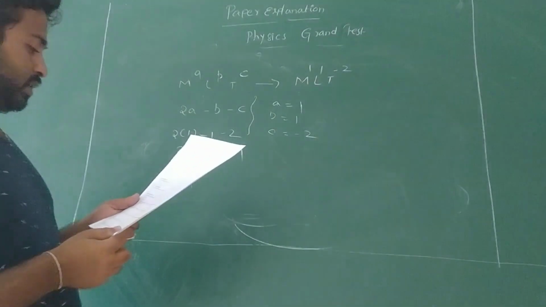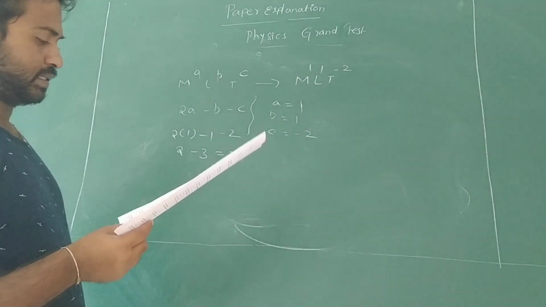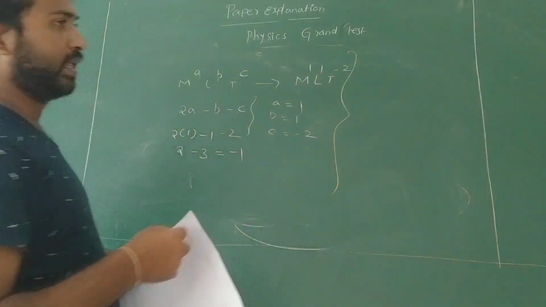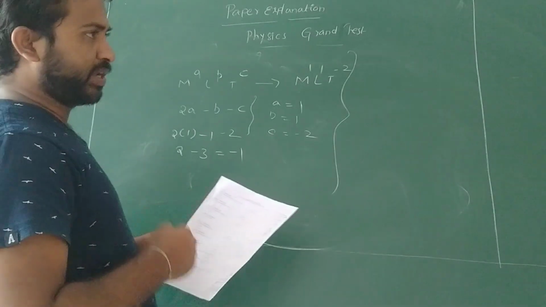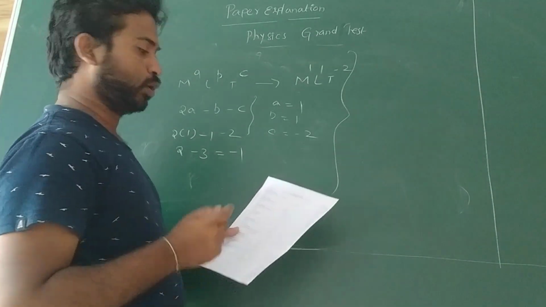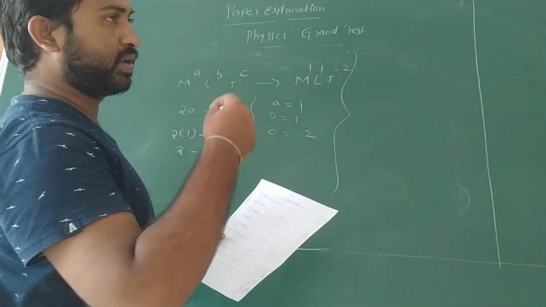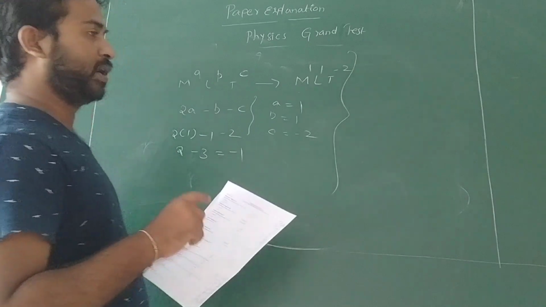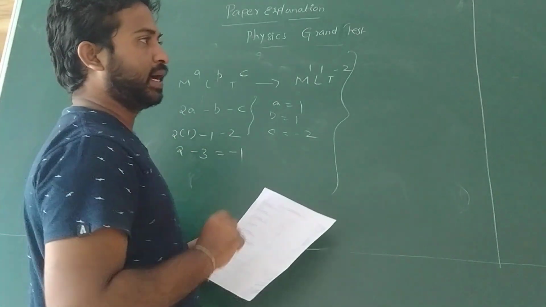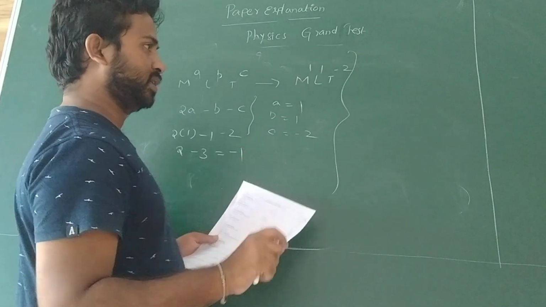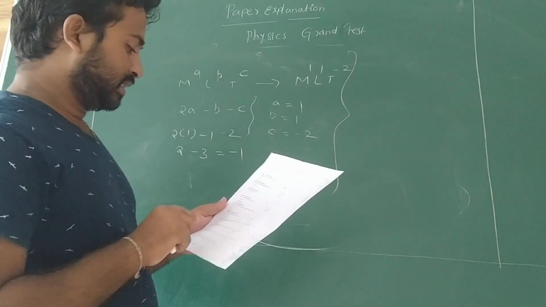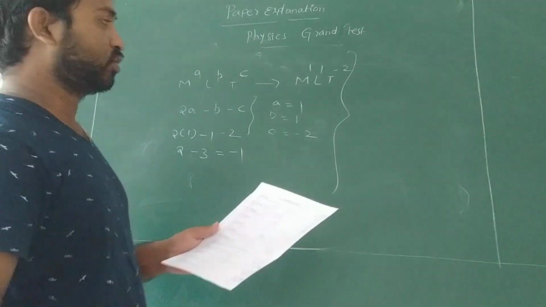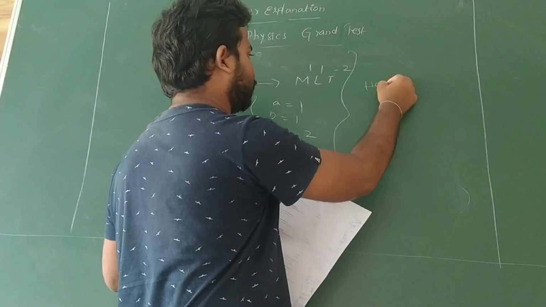And see the seventh question. Which of the following is not a physical quantity? We know we have 7 fundamental quantities, right? What are they? Length, mass, time, temperature, electric current, amount of substance and luminous intensity. Already I told those 7 quantities have their own units. Length means meter, mass means kilogram, time means second, temperature means Kelvin, amount of substance means mole, and luminous intensity means candela. See here all the units are there. Kelvin is there, candela is there, kilogram is there, but Henry is not there.